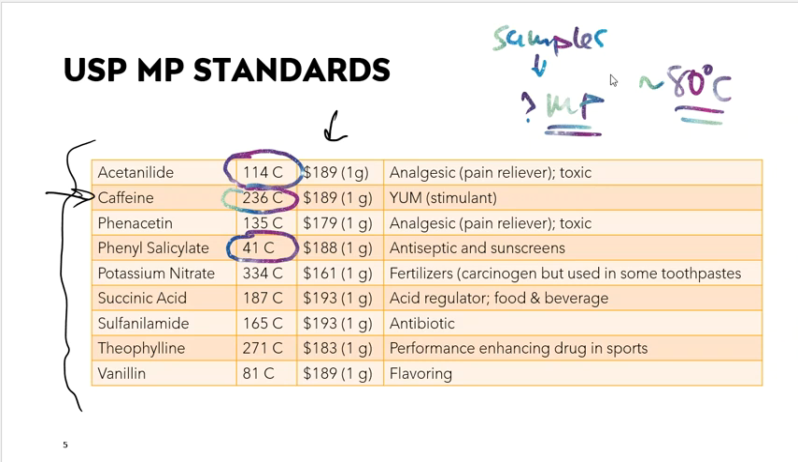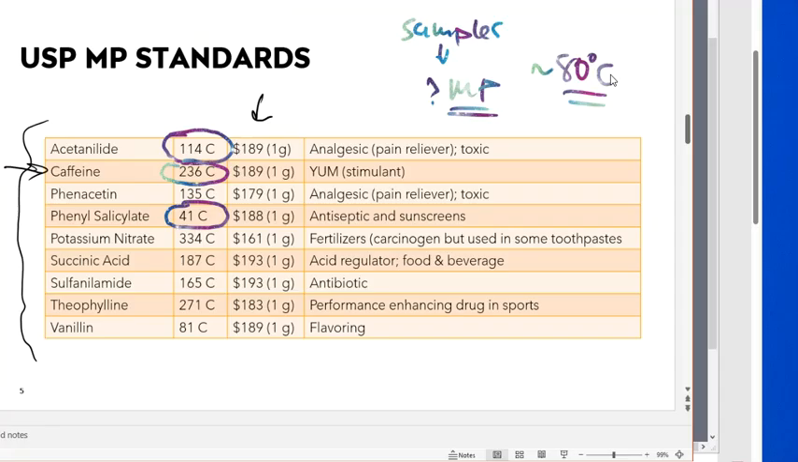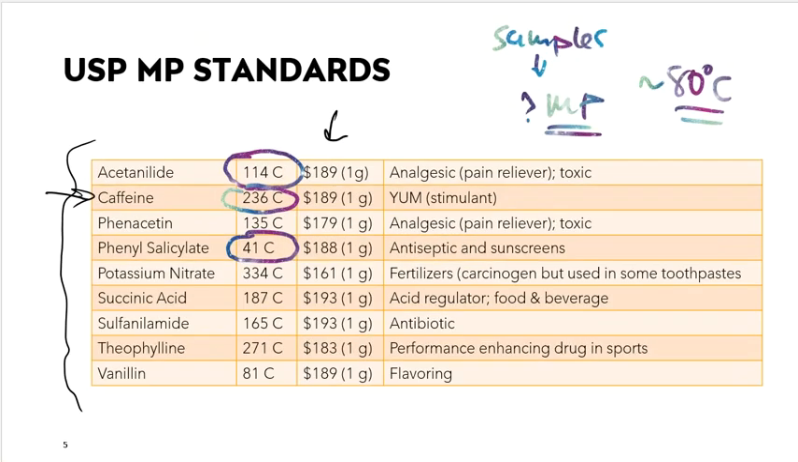So if I get something that has an expected melting point of 80 degrees, then why on earth am I going to choose potassium nitrate to go with? That has a melting point of 334. Does that even make any sense? I don't think it does. So I probably would not choose that in order to run along with my sample that is supposed to be